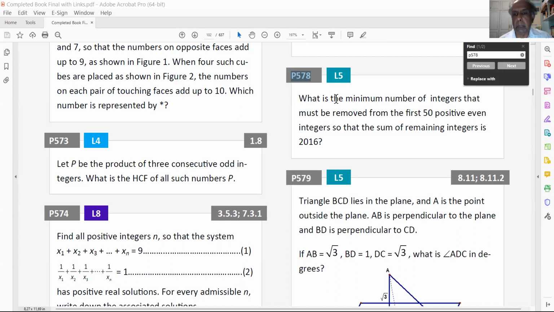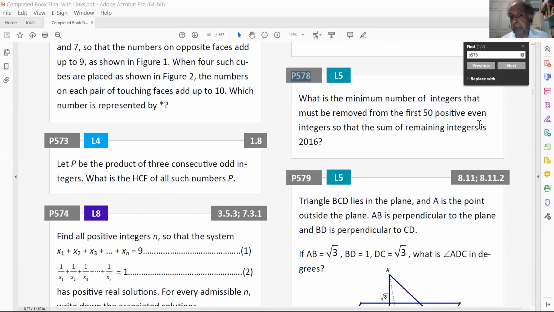The next problem on our list is problem 578, which reads, what is the minimum number of integers that must be removed from the first 50 positive even integers so that the sum of the remaining integers is 2016? So that's quite a mouthful. What it is saying is that if you write down all the integers, the first 50,